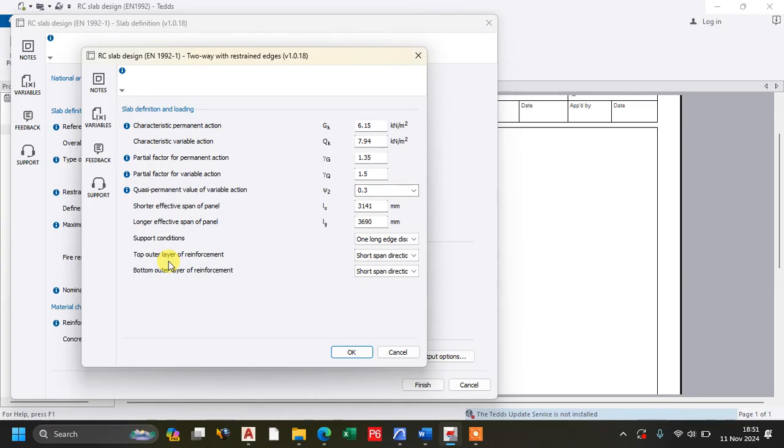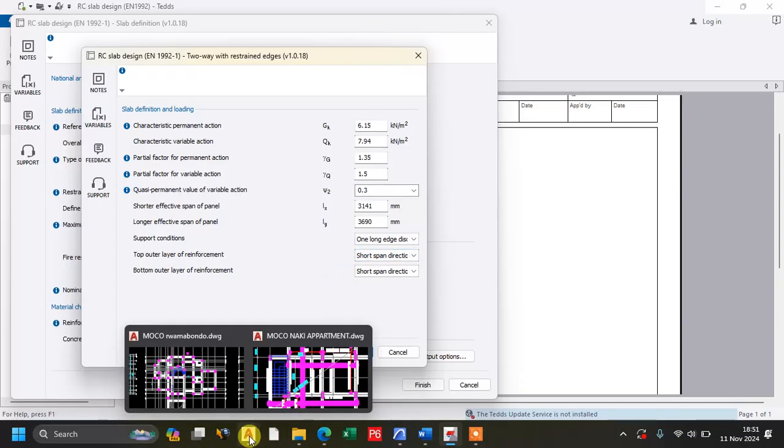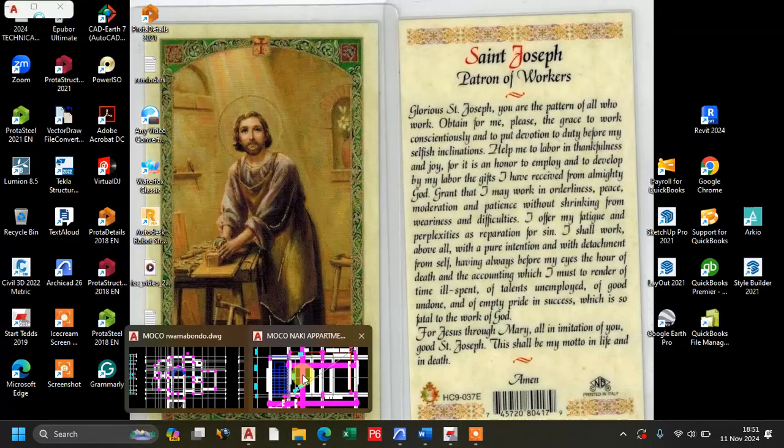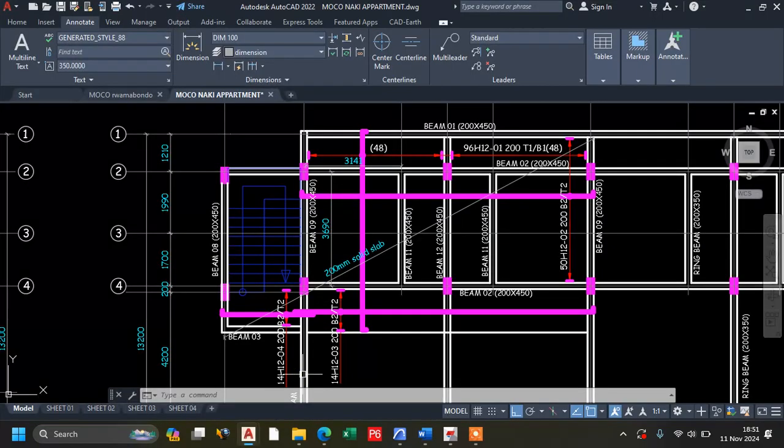Now, where do we want our outer reinforcement? It is always preferable to have your outer reinforcement span in the shortest span direction. The outer, what do you mean? The one on top and the bottom one. It is always better for them to span in the short direction. What do you mean by top and bottom? I don't have a slab section, but